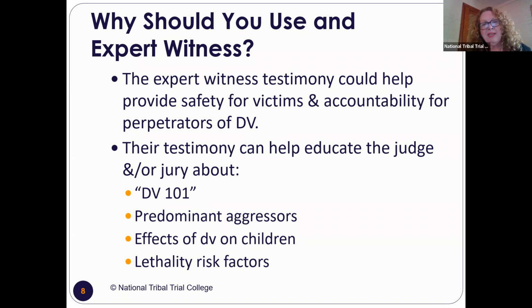And it's somebody who speaks at all the conferences and is on all the national task forces and writes articles and stuff like that. They can explain to the judge things like the effects of domestic violence on children, or maybe that there's escalating lethality risk factors. So Shirley really does need to have a protection order because things are getting crazy. Or it's not, quote unquote, mutual combat, like two dudes in a bar fight. You have to look at predominant aggressors. So you could maybe have a law enforcement witness or a domestic violence witness who's an expert, who's handled a lot of these cases, to talk about predominant aggressors. So their testimony can tip the scales and help you.